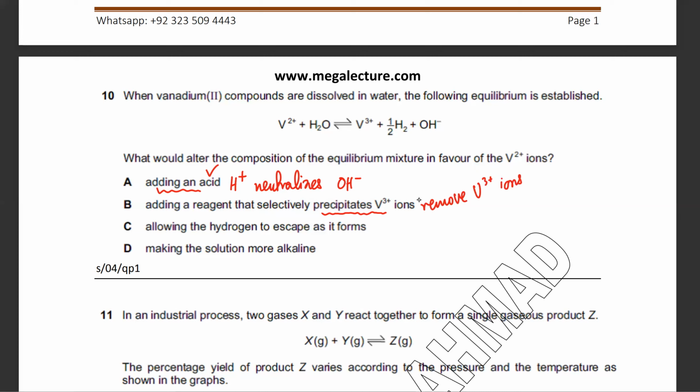What a precipitate is: if I have NaCl solution and I want to remove Cl ions, I can add silver nitrate to it. The silver nitrate will combine with them and they will leave the solution, because they would form a solid of AgCl, a white precipitate. So if it says precipitate the V3 plus ions, they will come out of the solution. It would form a precipitate, a solid, and that solid would settle at the bottom. So you are basically removing